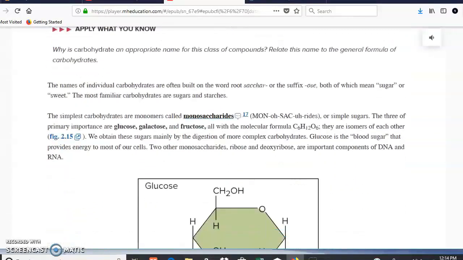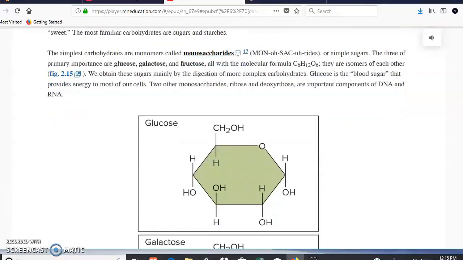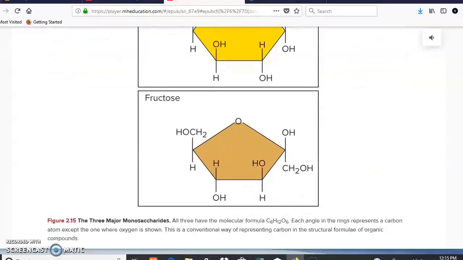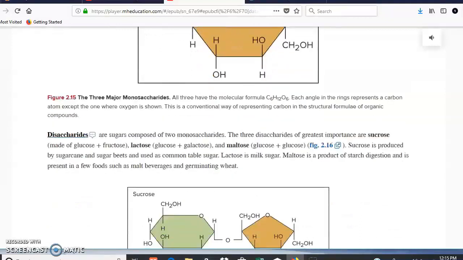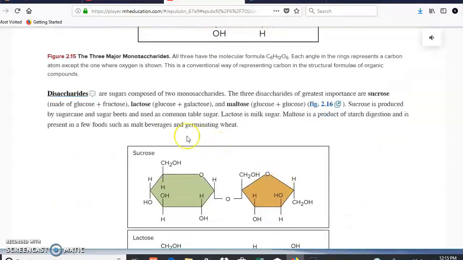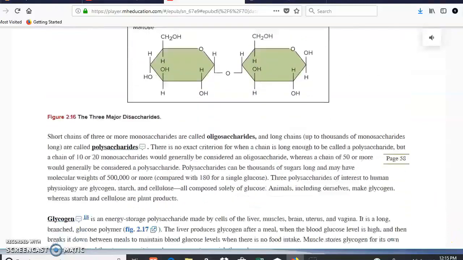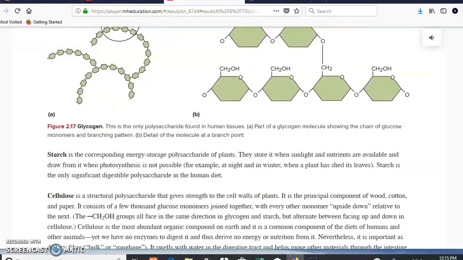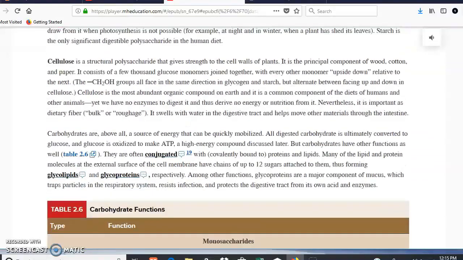Carbohydrate, we're going to have, for example, glucose. In this case, the monomer is going to be called, in the case of carbohydrates, monosaccharides. And you can see here, glucose. Okay, other examples of monosaccharides, you're going to have galactose and fructose, as you can see right here. Okay, and if you put together 2 of them with a synthesis reaction, then you're going to get a disaccharide. For example, sucrose, which is the combination of glucose and fructose, as you can see right here. Other ones are going to be lactose as well as maltose. That's a disaccharide. A polysaccharide of glucose, for example, is going to be glycogen, which is a long chain of glucose, as you can see in here. Obviously, you have others such as, for example, starch and cellulose. Those are going to be other examples.